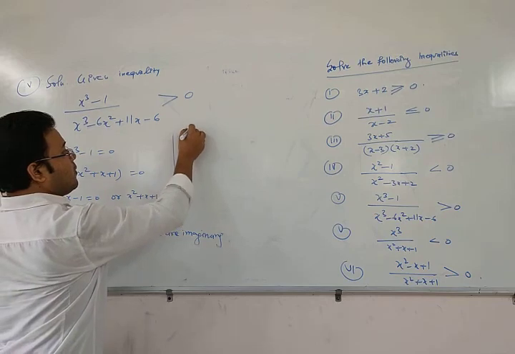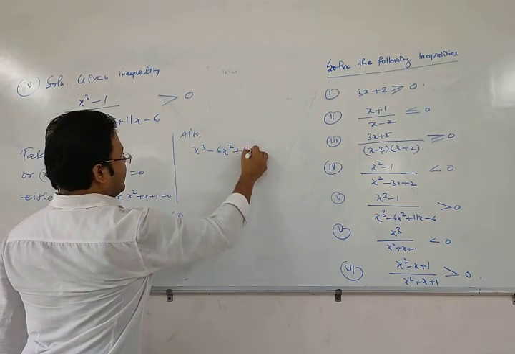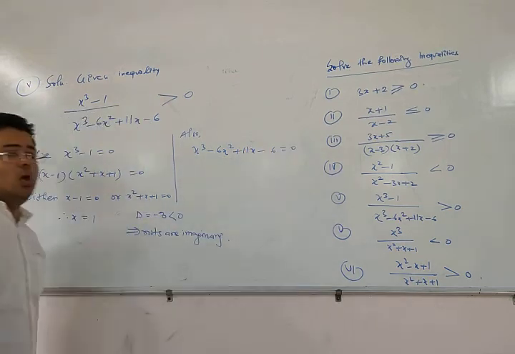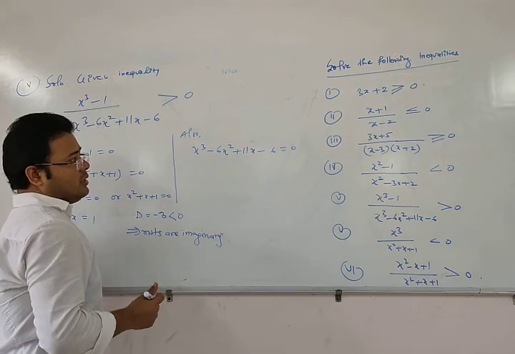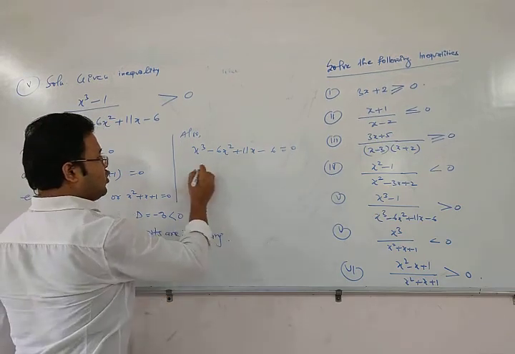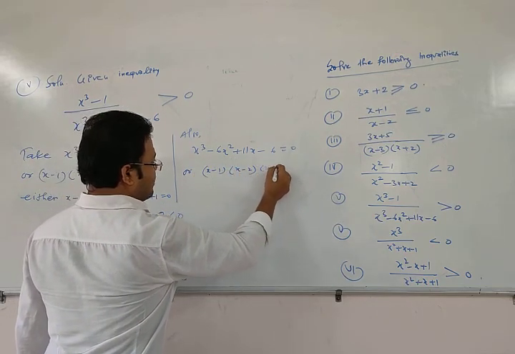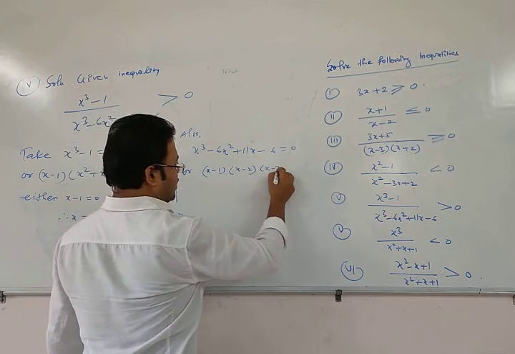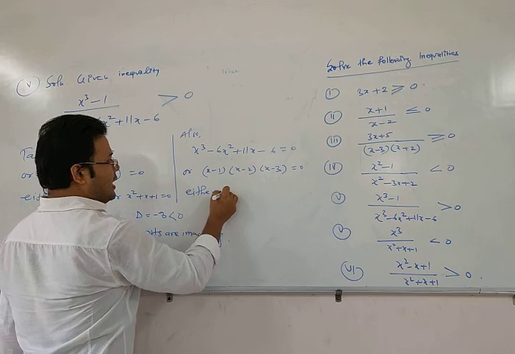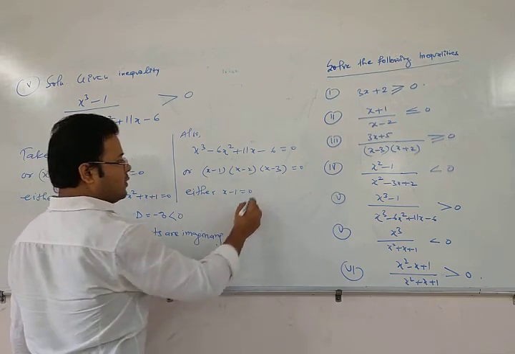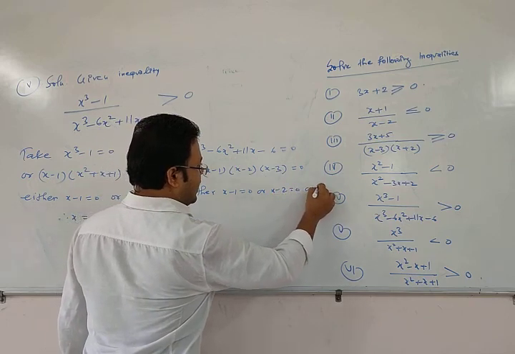Also, x cube minus 6x square plus 11x minus 6 is equal to 0. We already know this cubic equation. This is a well known cubic equation. Its roots are 1, 2, 3. So we can write its factors (x minus 1) into (x minus 2) into (x minus 3) is equal to 0. Either x minus 1 is equal to 0 or x minus 2 is equal to 0 or x minus 3 is equal